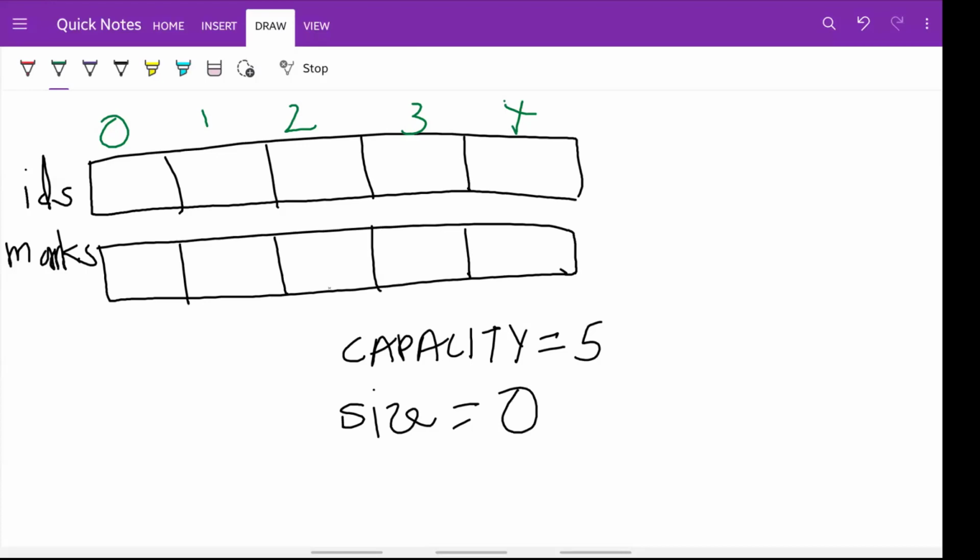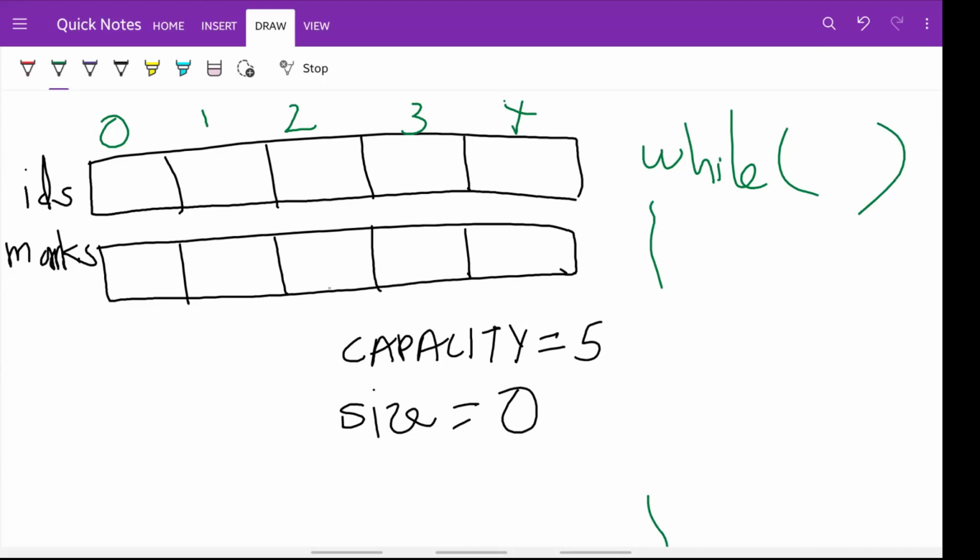Now what we will store in the array is, when the user enters the ID of a student, we'll store the ID at index 0. You will also notice that the value of size is also 0. So what we can do is create a while loop or a do while loop, and inside that loop we are going to have some code.